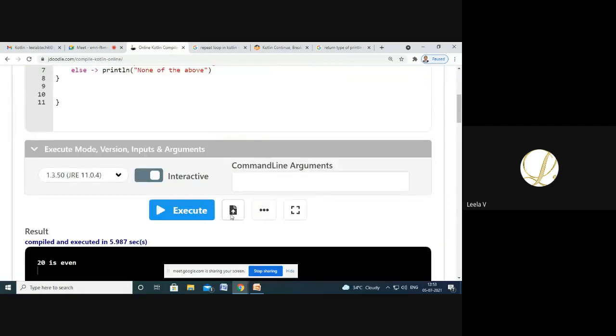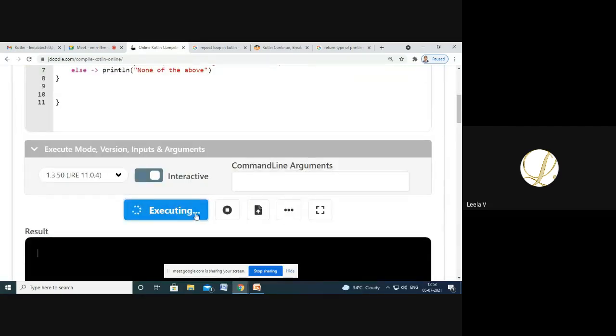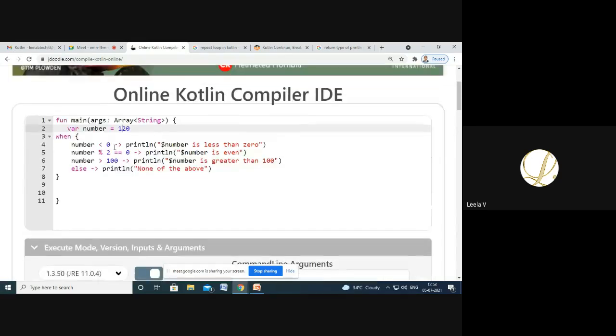So if I change the input value, here itself your condition is met, so it executes the number as even. Even though number greater than 100 is also true, whichever condition is true first, that block will be executed.